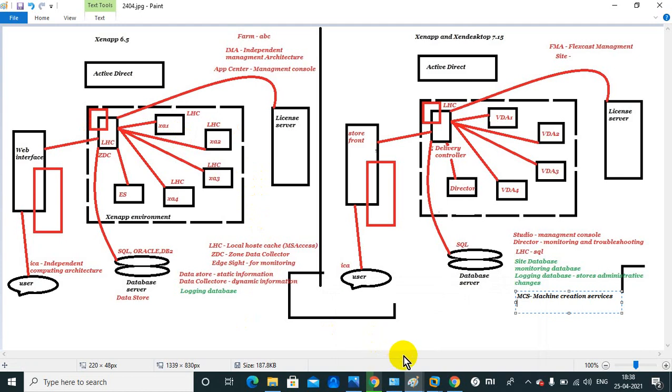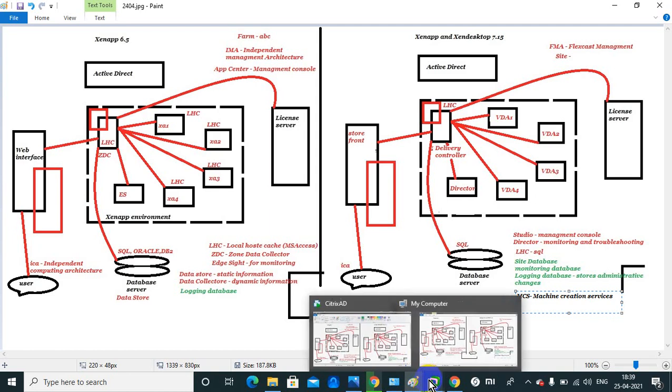Means each time you want to create a machine, yeah, each time you create a machine in 6.5, you need to follow the manual process. Means first you need to install the operating system, join that machine to the domain, and then install the Citrix XenApp.